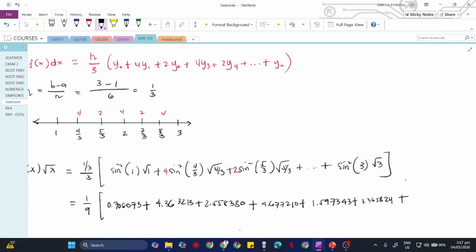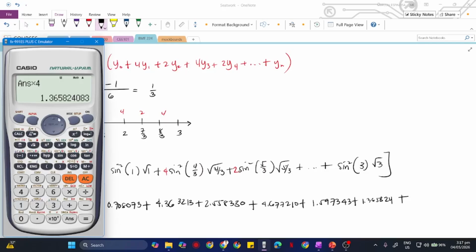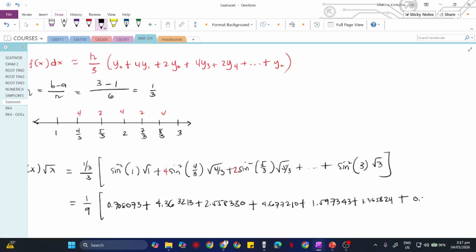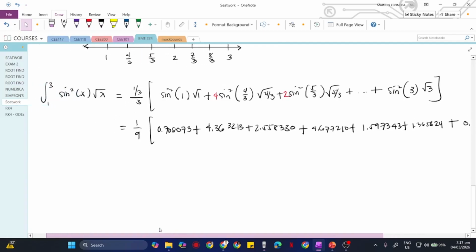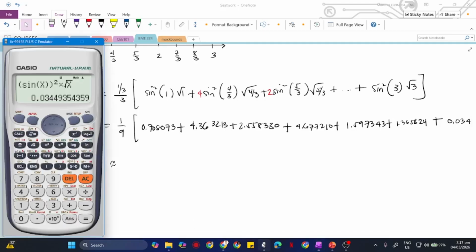And lastly, itong 3. Okay, balik tayo doon ulit. Calc natin yan, 3. So, you would get 0.03444494. Okay, yan na yung magiging values natin for all the terms. So, this is 1, 2, 3 of sine squared x square root of x. So, therefore, approximate yan ha, approximate. Yung value pala natin ng indefinite integral na to is basically equal sa,